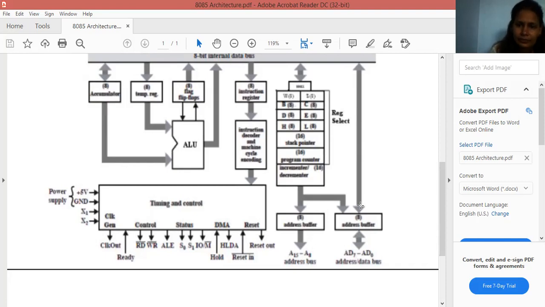After this, the particular memory location will be selected inside the memory, and the control bus will generate the control signal read, and at that particular memory location, the instruction will come through the data bus.